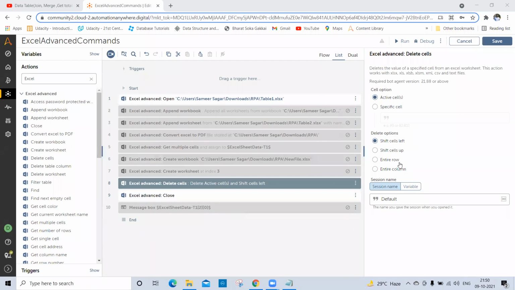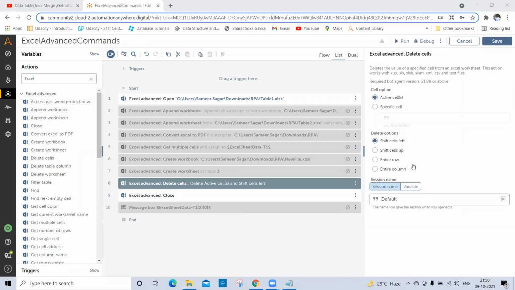And here there are a lot of features available. If you want to delete, shift cell left, that means if you want to shift that particular cell left, in that case you can choose this one. And if you want to shift that particular cell up, that also you can select.